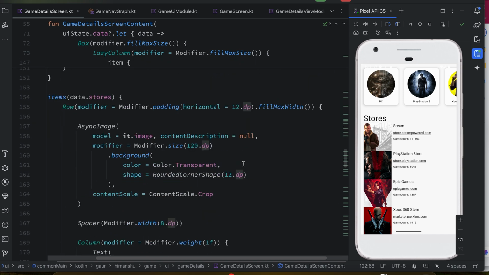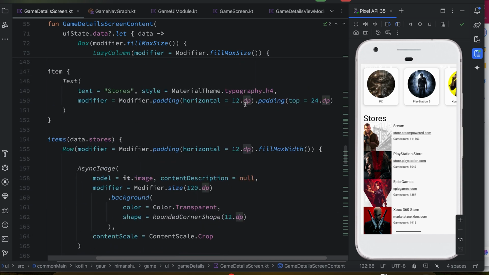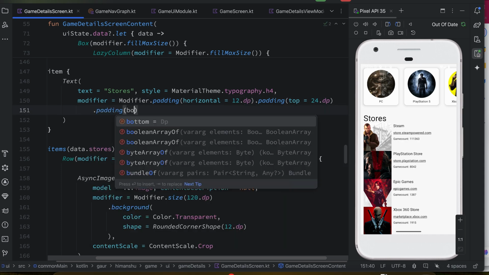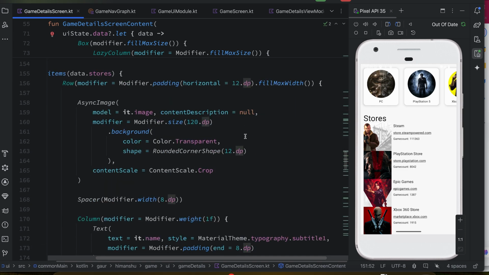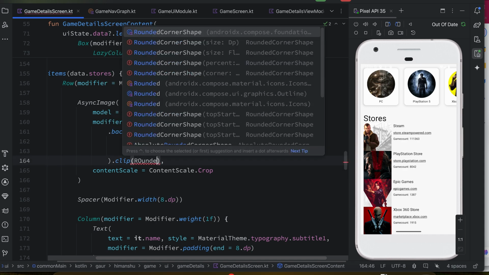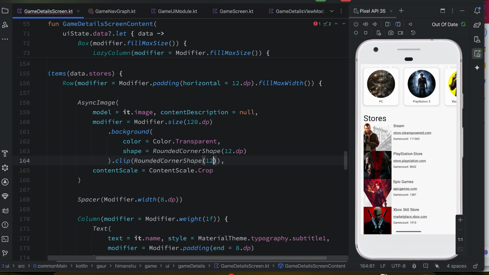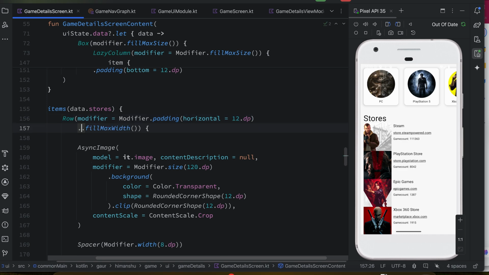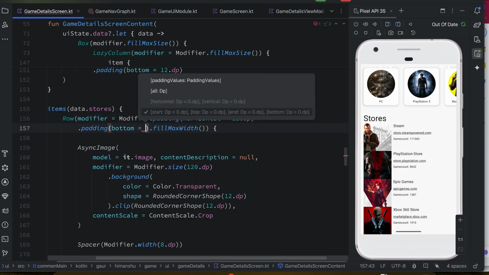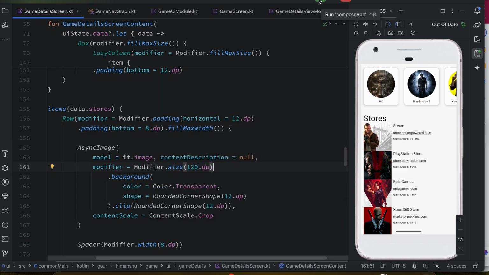So scroll down, we have stores, and also in this stores, I want to attach padding from bottom of 12 dp. Now in this data stores, we have our async image. So rounded corner shape is not working in here. So what I can do, I'm using here clip and just forcefully clip 12 dp. And in this row, I want to attach padding. Now this padding is from the bottom of, let's say, 8 dp. Now when I execute my application,